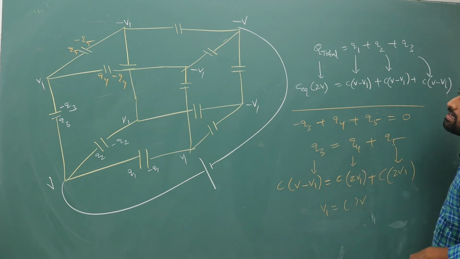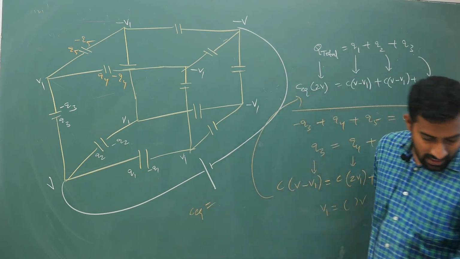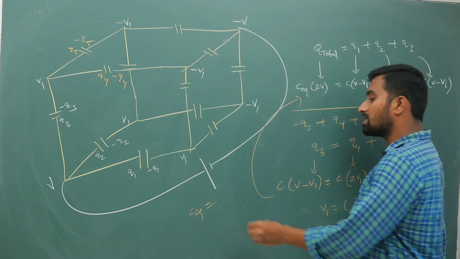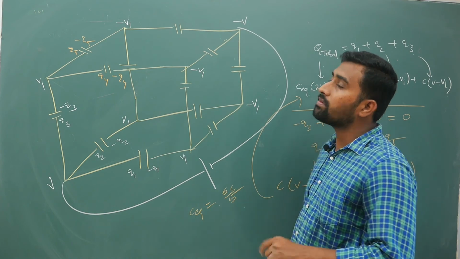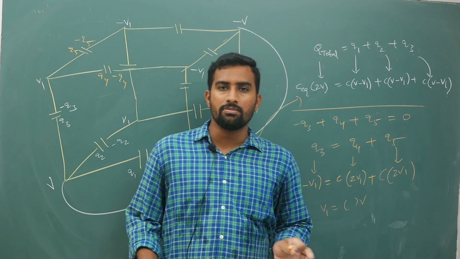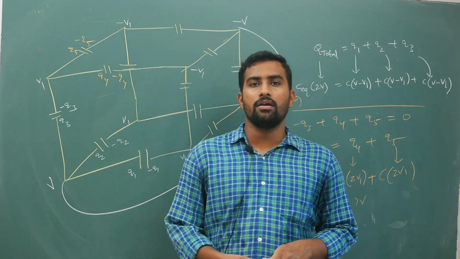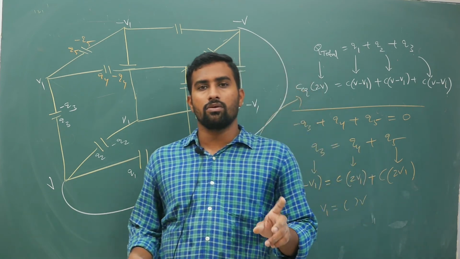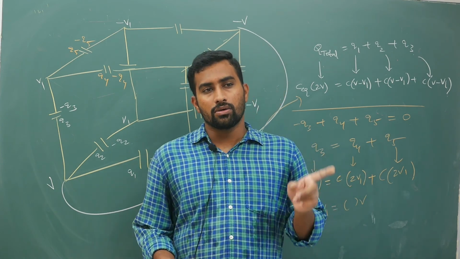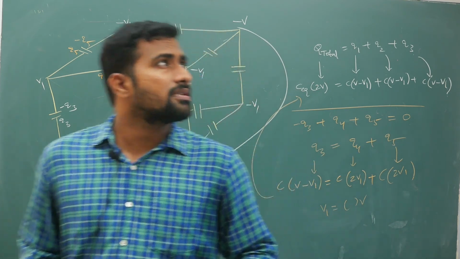So take this back, substitute it, simplify and you will get C equivalent. You should get your C equivalent for this part as 6C by 5. I think in resistors you are going to get it as 5R by 6. So like this you have to solve your symmetrical circuit. When identical capacitors are there, you use this idea of potential. Once again I am telling you, without learning the current density part, do not learn this. You will suffer a lot if you do that. Okay, right? So that's all for today.